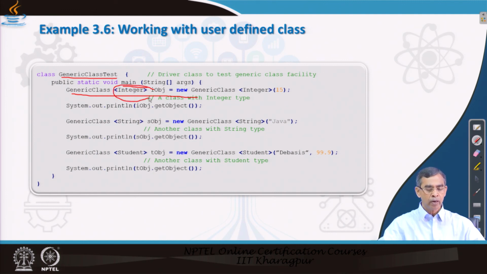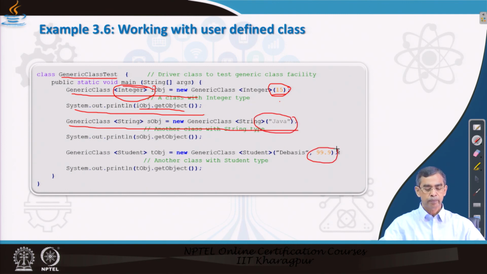It is for an integer object. The integer value that is passed is this value. So, this I object is a generic object which stores the value, in this instance an integer, and then we just call the print method. So, get object returns the value and then it prints it. Now, again it also works for the string type of data. This is the initialized value, the float value, and it prints. So, this program works for integer, for string, and for print.